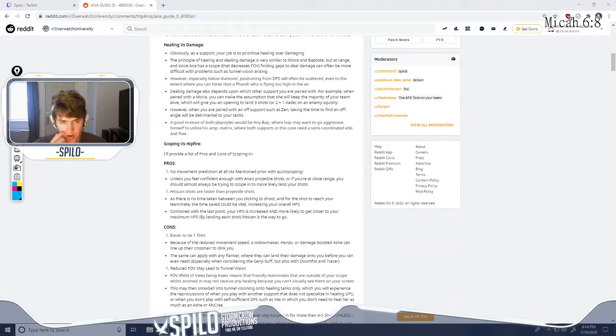Okay. Obviously, support, your job is to prioritize healing over damaging. I mean, I guess so, sure. Your job is to try and keep your team alive, and that's either through killing enemies or healing your team. Generally, your healing output is way better. It's better to heal your Reinhardt than it is to shoot the enemy Reinhardt's shield. If the enemy Reinhardt's shield is full and your Reinhardt is half, then you should be healing your Reinhardt. But if there's a Genji that's one shot and your Mercy is almost full HP, you should be killing the Genji, not healing your Mercy. That's the constant